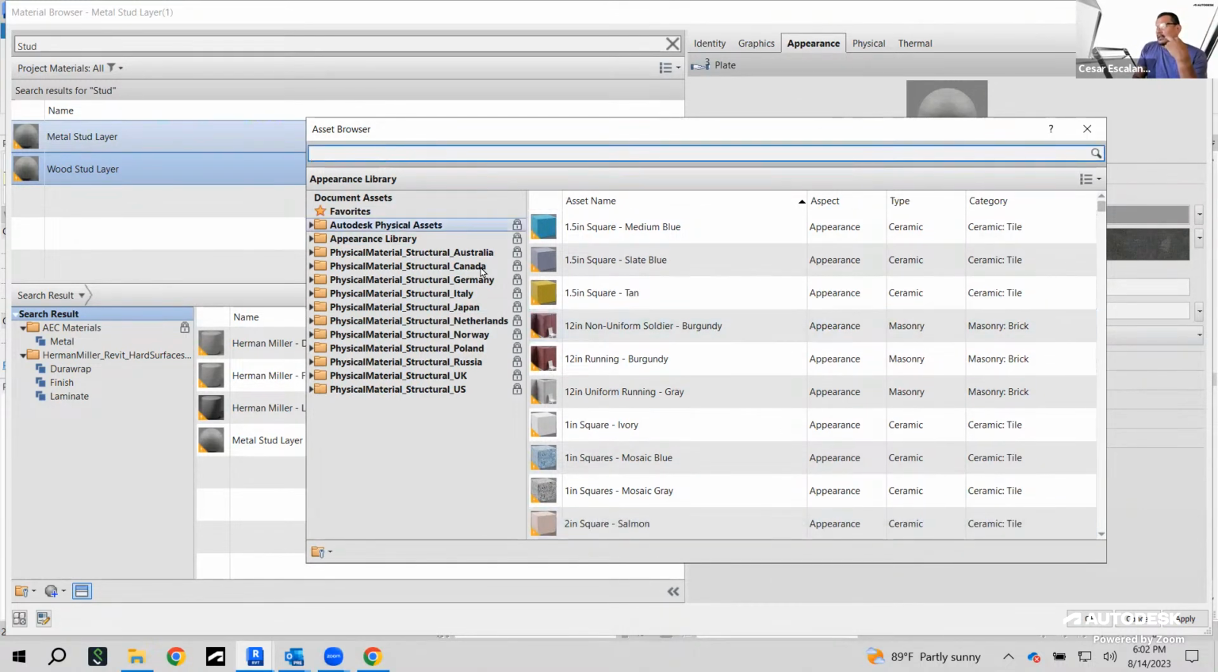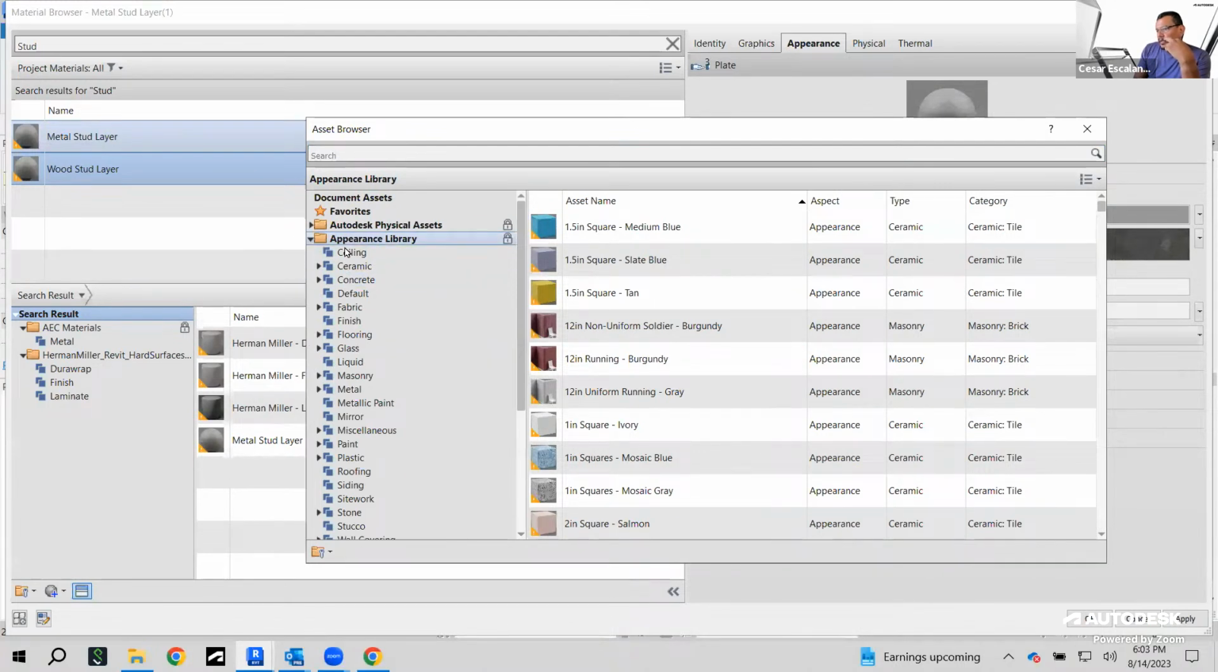Here you have the appearance library, the physical, structural assets, and the physical assets. And on the appearance library, I'm going to open it. When you click the library, notice that there's a lock. It means that it's read-only. And these are the different classes. And classes, material classes, are a way to